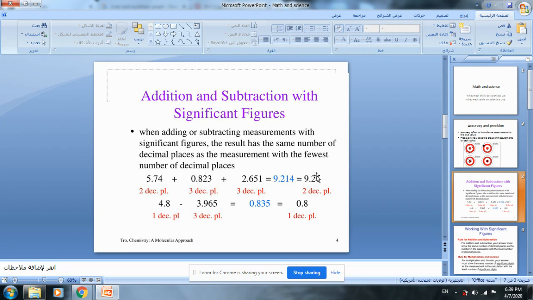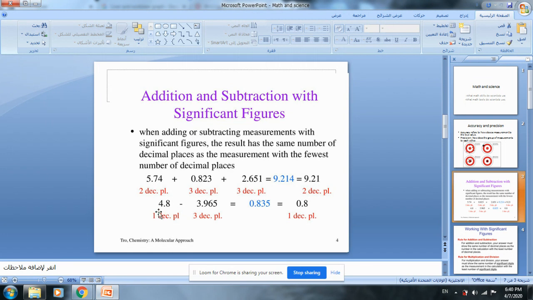This contains two decimals. Why? Because the least number of decimal places here is 2. We have two decimals, three, three. The answer should not contain three decimals. So it should contain two decimal places. The same thing applies here in subtraction. So the rule can be applied on